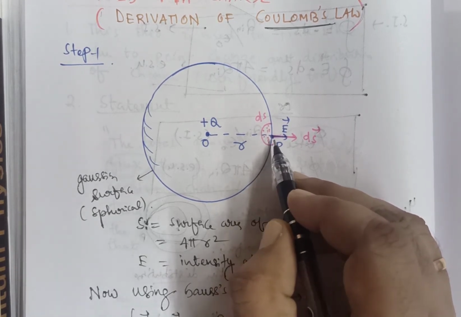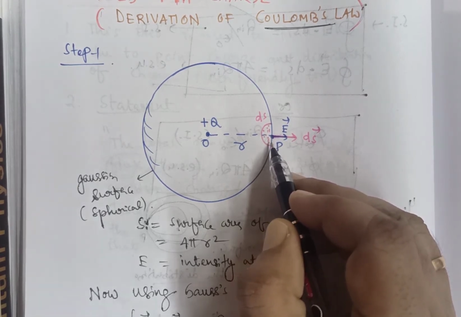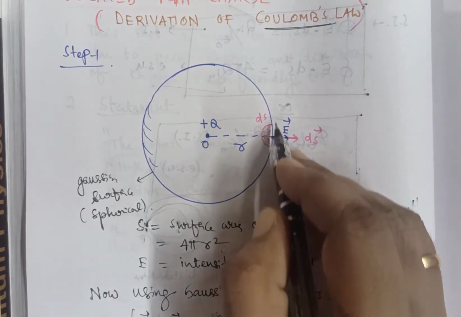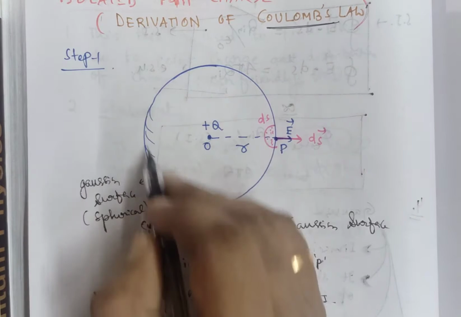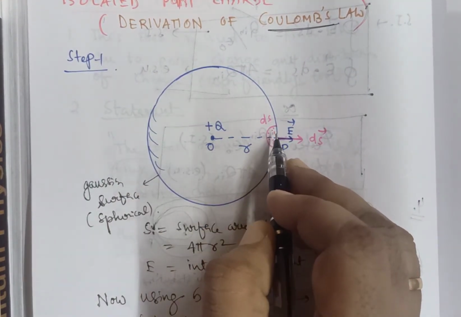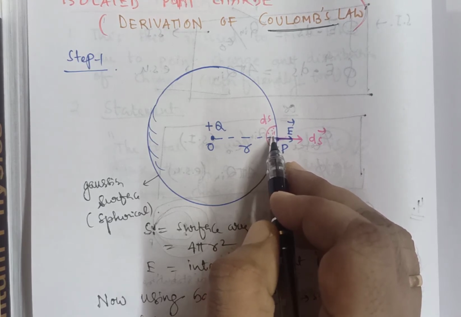How? Now first you see, if you take the point P, then we have to choose a Gaussian surface. What is the basic criterion of a Gaussian surface? It should enclose the charge. You see, this Gaussian surface is spherical and it encloses the charge. Spherical is taken for our convenience. In the derivation, you will know why a spherical surface is beneficial to you.